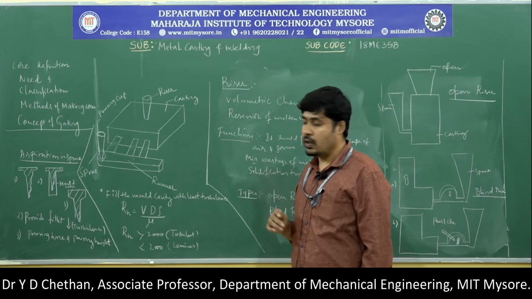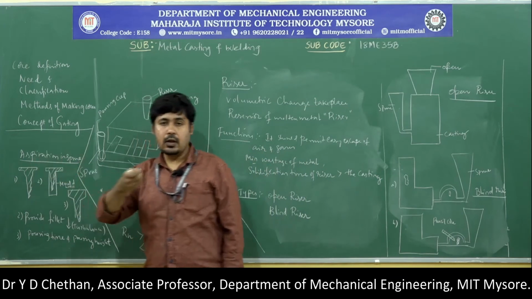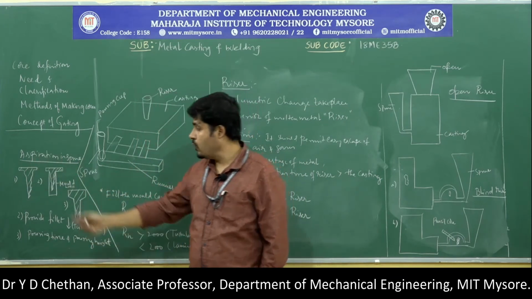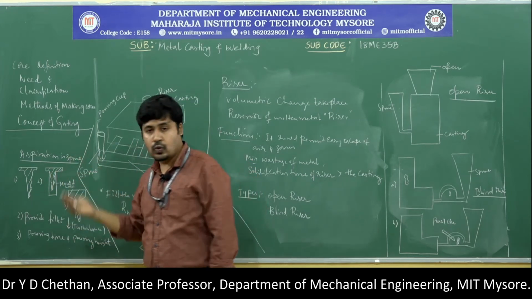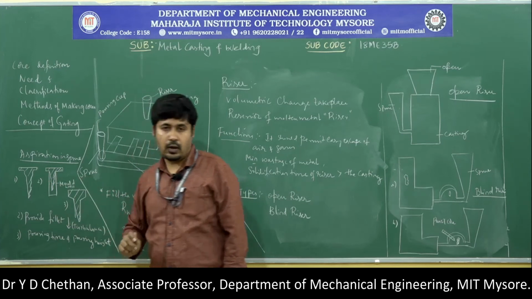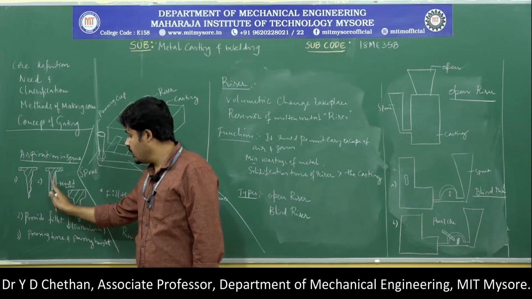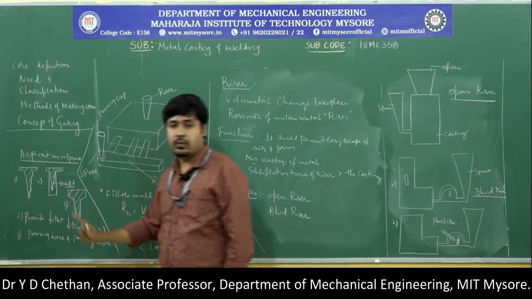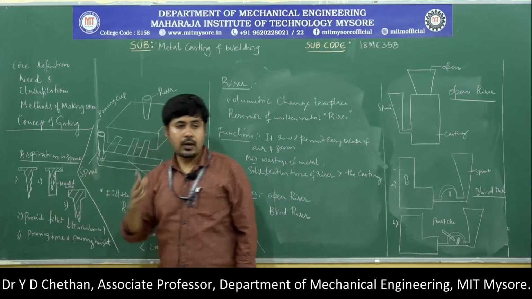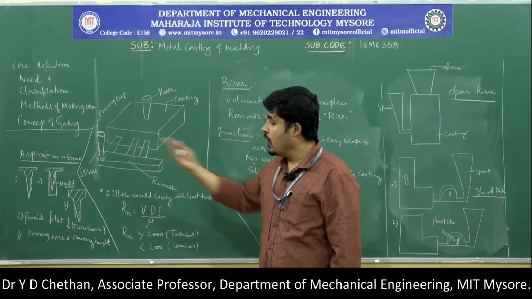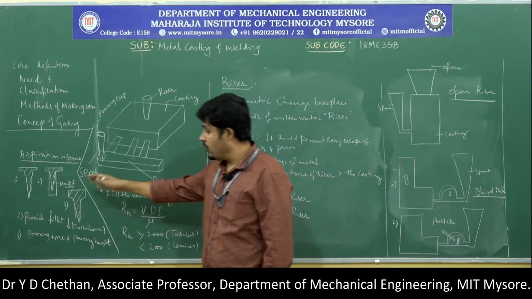The next requirement in sprue design is that we must reduce aspiration in the sprue. What is the concept of aspiration here? Let us take an example. When the liquid metal is allowed to free fall, it takes a shape like this. If the sprue is designed without providing taper, there is a gap between this shape and the mold wall. In that gap, air may get into the casting process, which leads to defects in the cast.